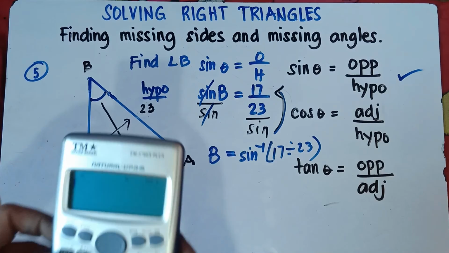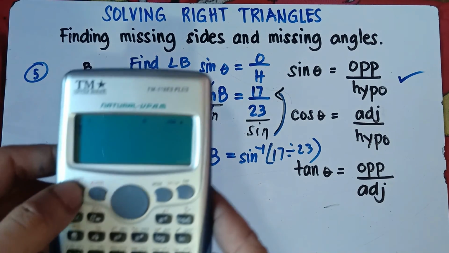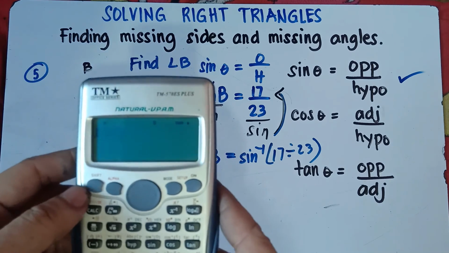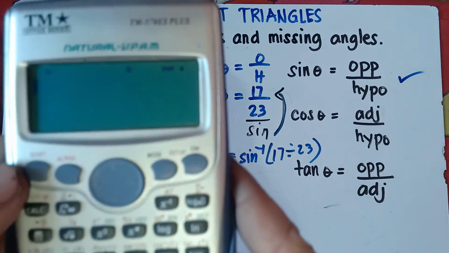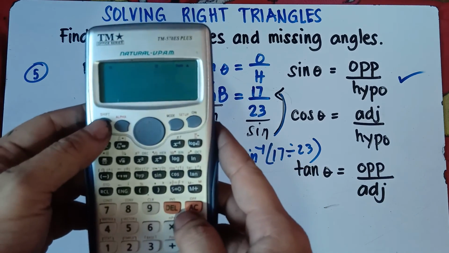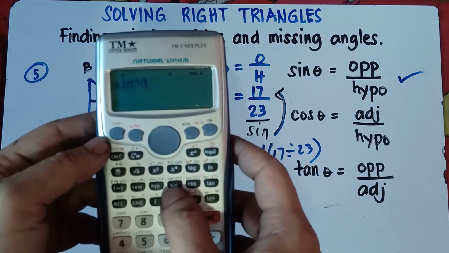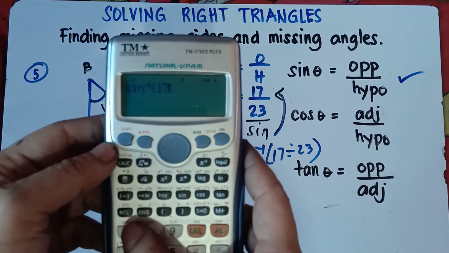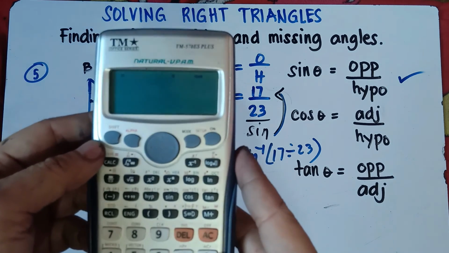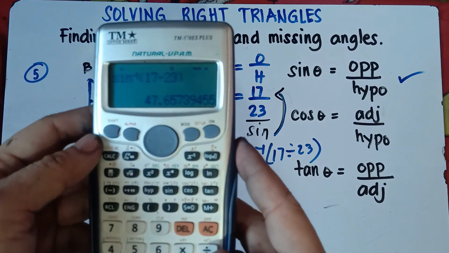So we can press that in the calculator. Shift, then sine, so that would be inverse sine. Once again, class, that would be shift, this one. I hope you see this one, class. So shift, then sine, and then 17 divided by 23. Close parenthesis, equal sign, and our answer is